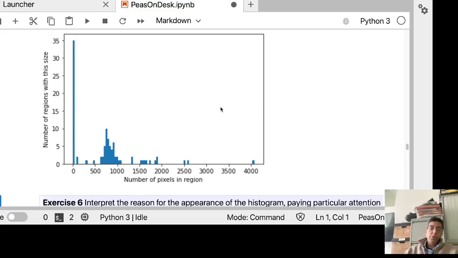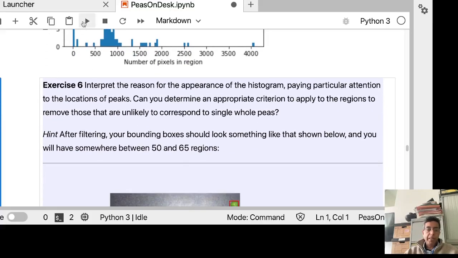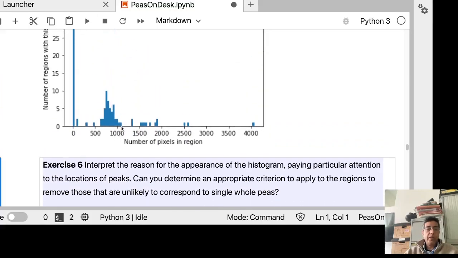You can see that single P's correspond to this region here, around 750 or so. This corresponds to double P's, and this corresponds to triple P's. So there's only a couple of those in the image. And then there's one that's, I think, 5 P's, which is this one all the way up here. Okay, so by setting a threshold at, let's say, anything greater than 1,000